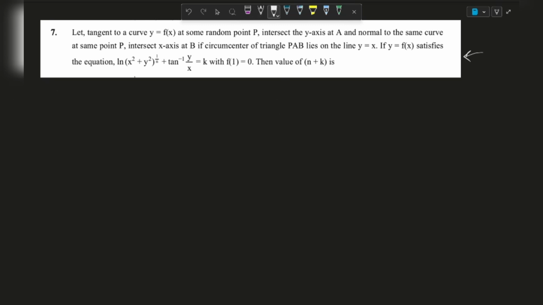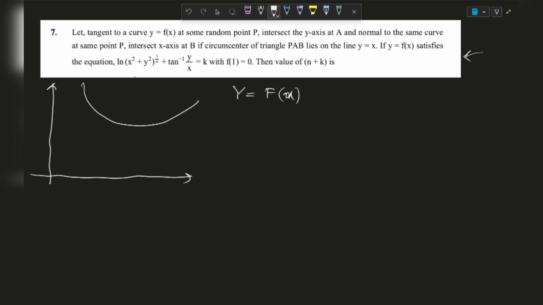So I will try to draw a rough diagram in this case. Say this is the coordinate axis. And let's say this is some sort of a curve, the curve y equals f of x. Because we have to take small y equals small x, I am writing this as capital Y equals capital F of x. Please note that capital F and small f are the same. I am doing this to make the notation easy. This is x. So if we take a point in this particular region, say this is point P, a random point, and this is say x comma y,